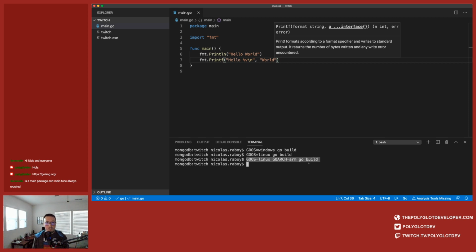For anyone who's built applications with C or C++ and has ever had to do cross-compiling, it's nasty business. You have to get all kinds of different toolchains installed on your computer, and the setup is miserable. With Go, it's very easy to cross-compile, and these are compiled applications. Go is not an interpreted technology, so it's not like Python or JavaScript. When you do a build, you're building it down to machine code, and it's going to be fast, and that's why a lot of people like Go: it's compiled, it's a binary, it's native. So those are some build commands.